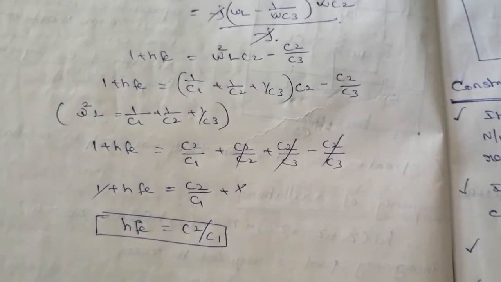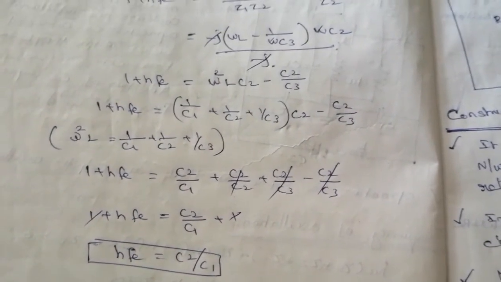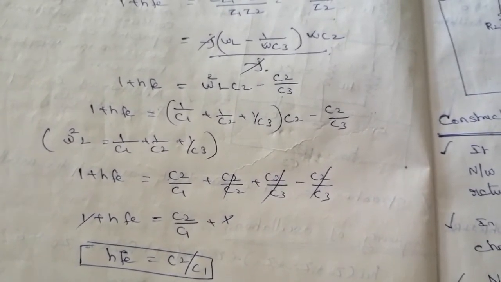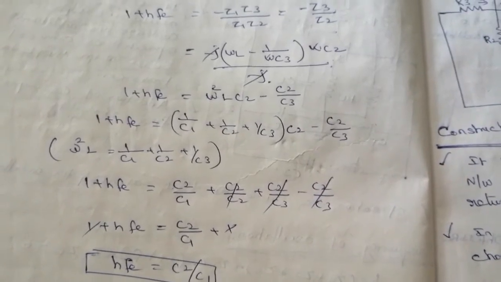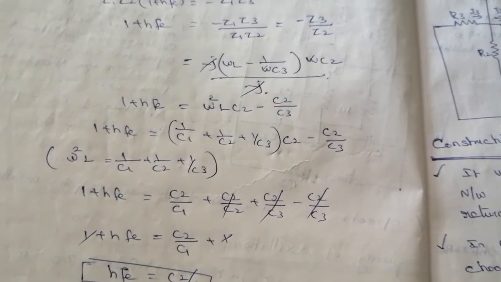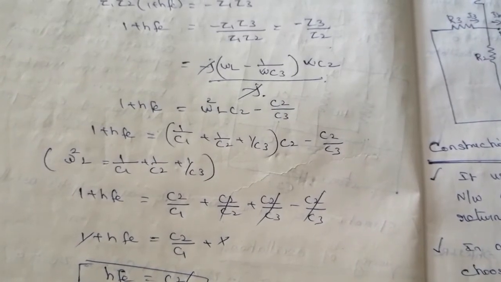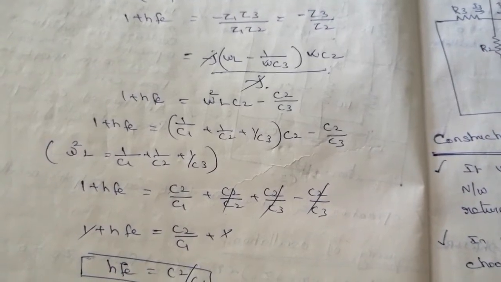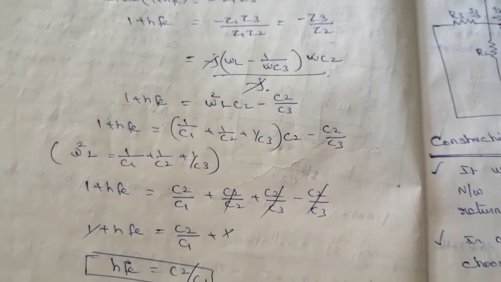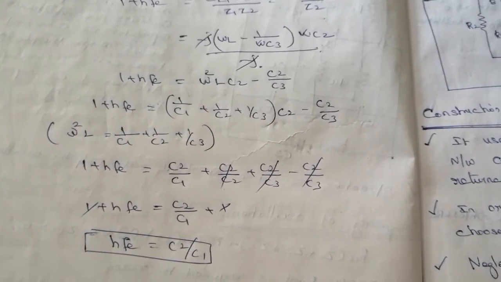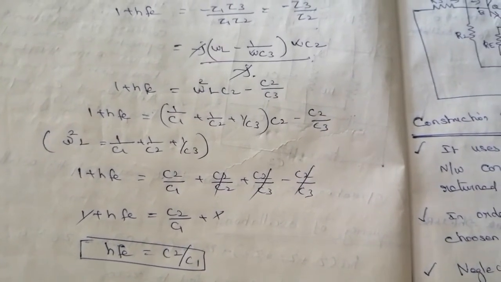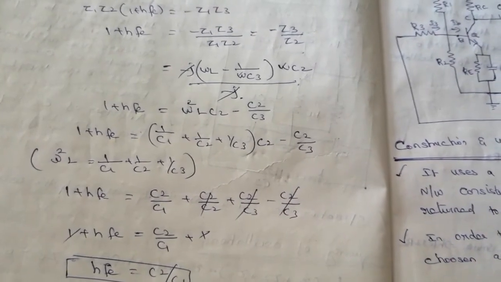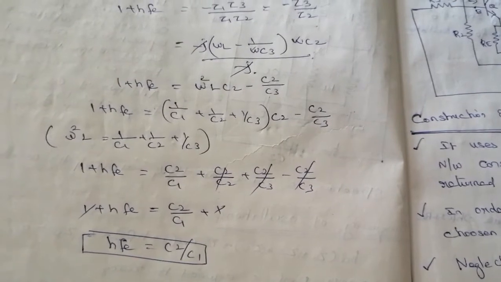In LC oscillators, we have seen three types so far. One is the Hartley oscillator, the second is Colpitts, and the third is Clapp. The difference is only in the tank circuit: in Hartley the tank circuit consists of L1, L2 and C, in Colpitts it is C1, C2 and L, and in Clapp it is C1, C2, L in series with C3. For the derivation, we have to find two factors. One is the frequency of that particular oscillator, and the second is the condition of sustained oscillations.